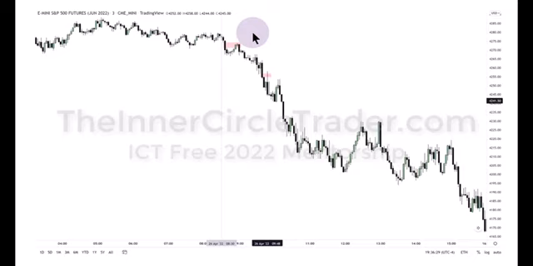Now, obviously, with 3 decades of experience behind me, I know what it's trying to do and where it's trying to get to. And it's getting there at a really fast rate of speed. Now, obviously, you can get there a lot faster than that, but I don't want it to do that because it gives no real opportunity for me to engage and participate in. And it doesn't give you, as the student, a chance to engage also with your demo or paper trading account to practice.